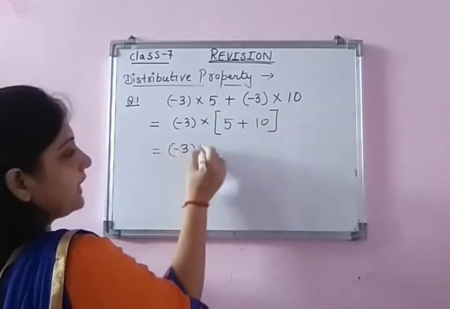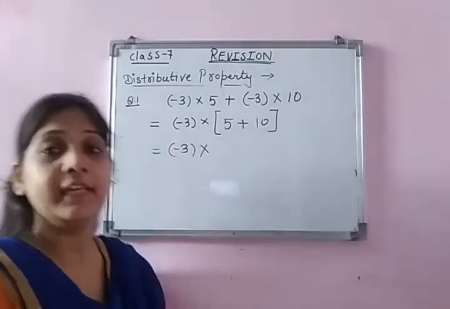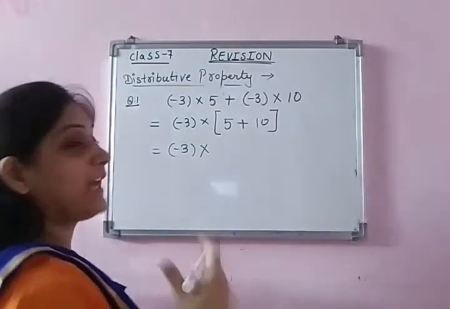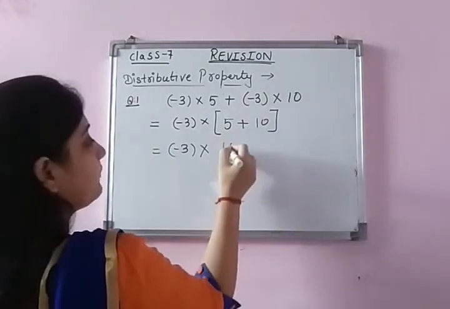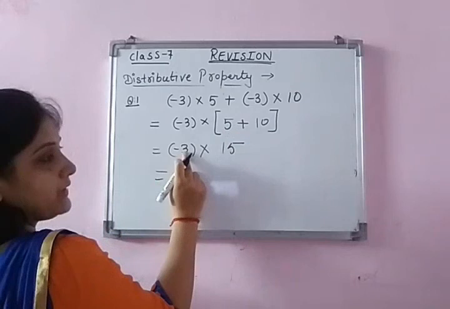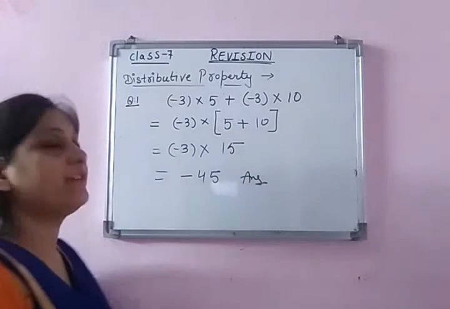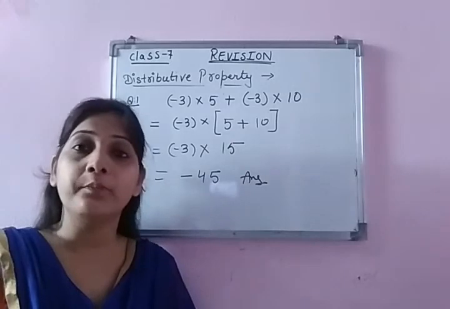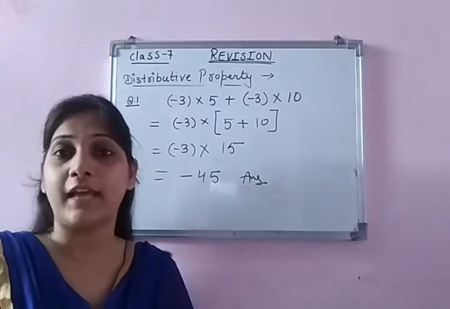Now -3 outside, multiply. Let's add these because this is a plus sign and we are learning over addition. If the question is for subtraction, the sign will be subtraction also. That will be distributive property of multiplication over subtraction. So 10 plus 5 becomes 15. Now in the last step we need to multiply. So 15 3s are 45, and minus times plus is minus, so the final answer will be -45. So this is the way by which we can solve distributive property. Is that clear? Now I'm solving one more question so that it's clear to us.